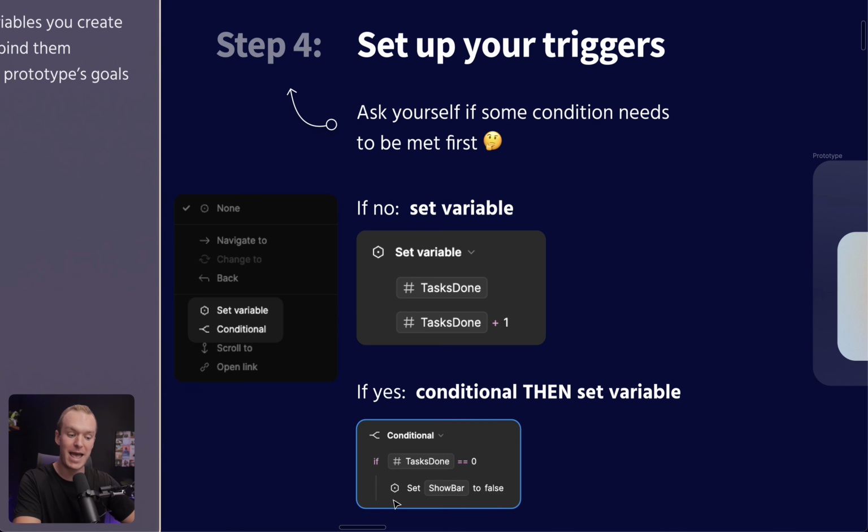We still are going to end up setting the variable at the end of the day, but instead of clicking set variable in the interactions menu, we're going to click conditional and then use that to wrap around our set variable action down here. So at the end of the day, it's always going to end in set variable. You just might have to wrap your set variable action in a